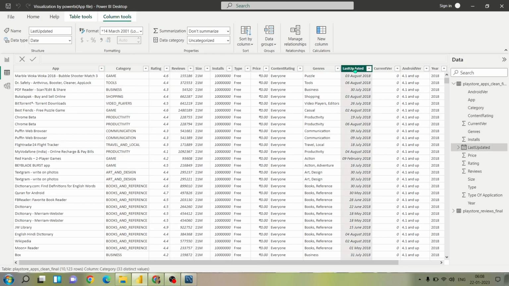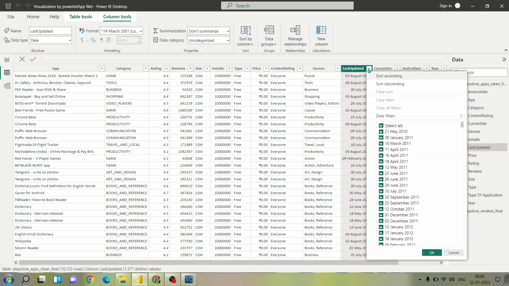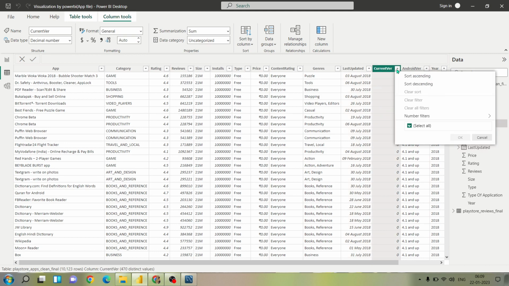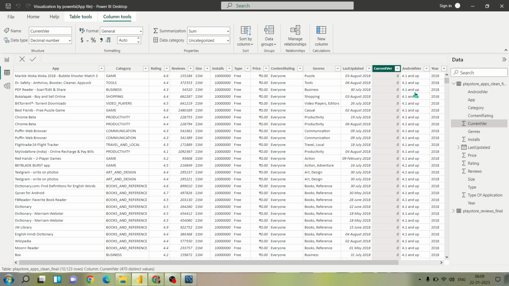And last updated indicates the last updated date of the particular application, then current version, which is the current version of the app,